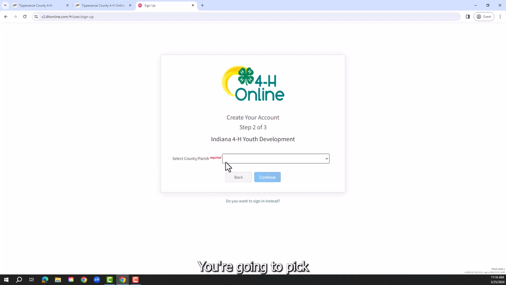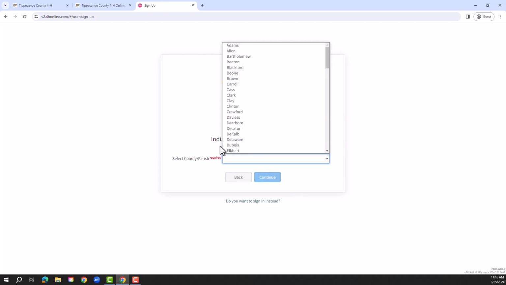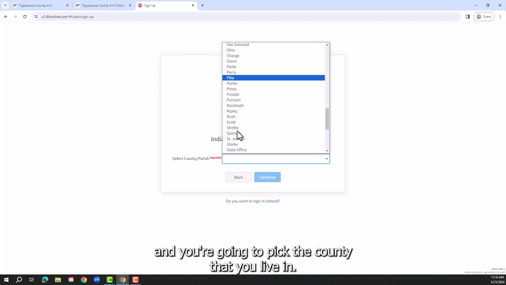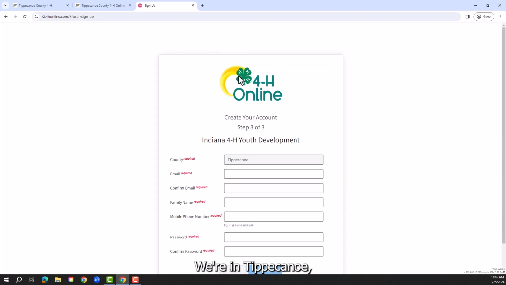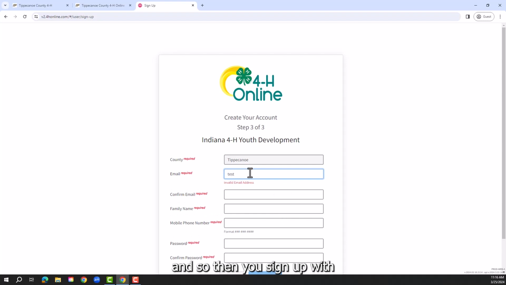You're going to pick the youth development, and you're going to pick the county that you live in. We're in Tippecanoe. And so then you sign up with your email,